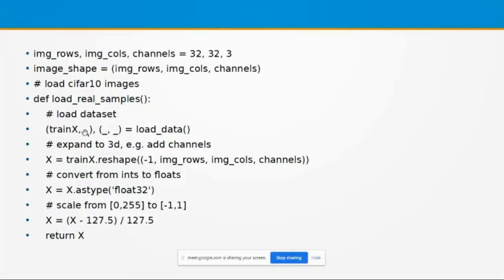Then load_dataset, trainX, comma, underscore, comma, underscore, because all the images contained in the CIFAR10 data set are now loaded into trainX, because this cannot be considered a supervised machine learning process. In the case of a supervised machine learning process, we need the corresponding labels.